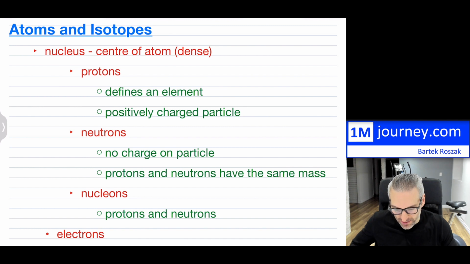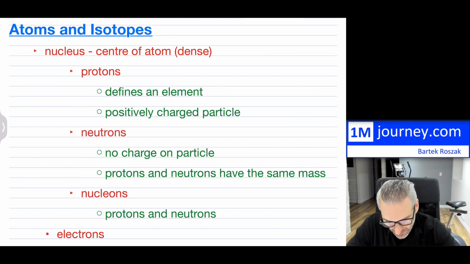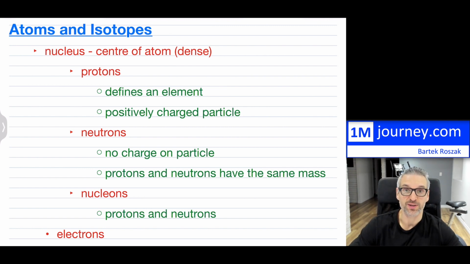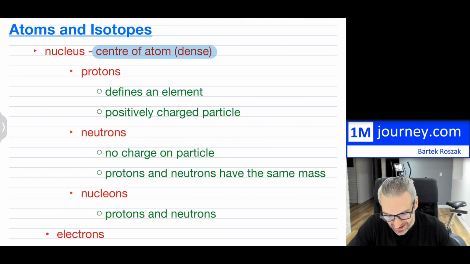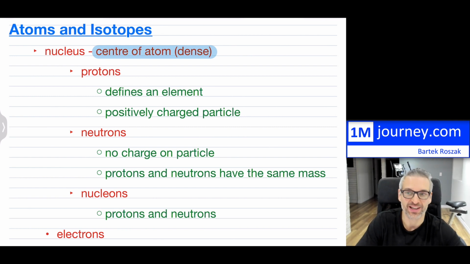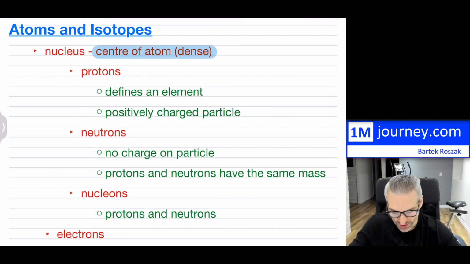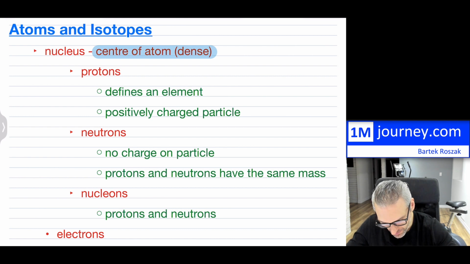So the first item is, in physics, and of course chemistry, which is just a small branch of physics, you do study the nucleus, which is really nothing else but the center of an atom. And it's extremely dense. Now, dense in comparison to what is externally flying around, which are the electrons. So the center of the atom, or the nucleus, is made up of two components, protons and